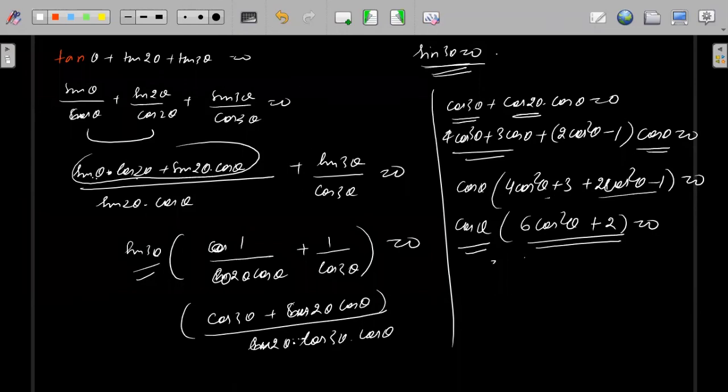Understood? I hope everybody understood. So using sine and cos you can convert. Okay, fine. There is one tan method also, but I am not able to remember, or I am not able to solve it using that. So that is why I just converted into cos and sine, whichever is easy. Denominator is cos 3 theta, cos 2 theta. From tan theta, I remember I solved somewhere in tan theta form, but I'm not able to solve it now. So that is why I converted into sine theta and cos theta.